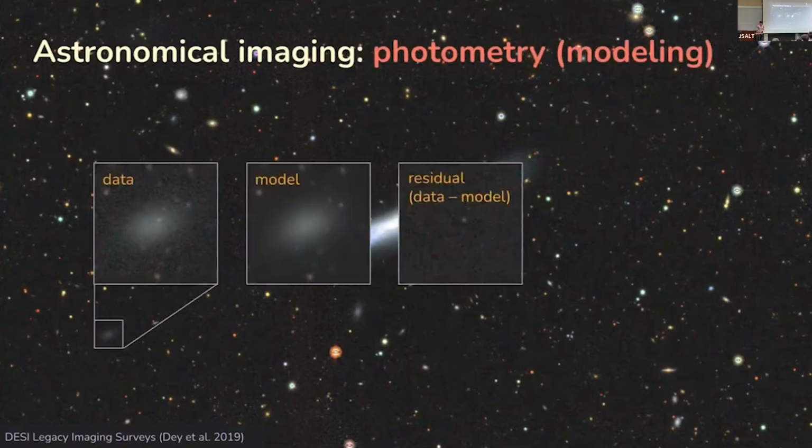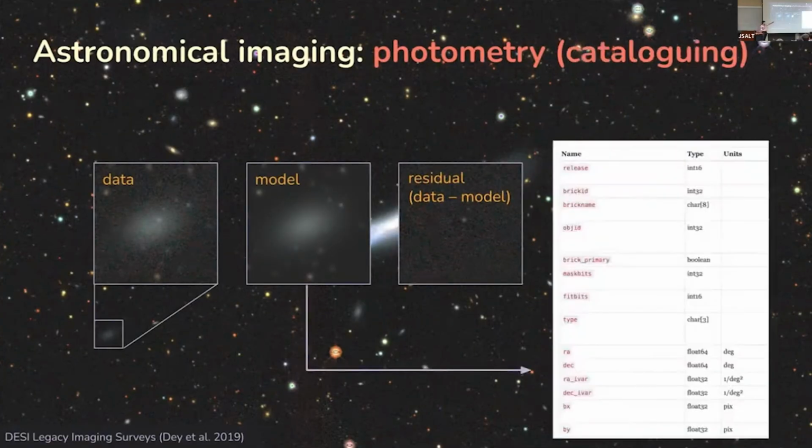But let's say that we can not only segment the sky, but we can also model the sky. Then what we can do is take our model, if we assume that this is a sort of denoised version of the sky, if we've done a good job of it, we can then construct catalogs or tables of all of the parameters that went into this model, right? You basically have to keep track of everything, right? Like where's the position of this thing? What are its shape parameters? How much total light does it have?